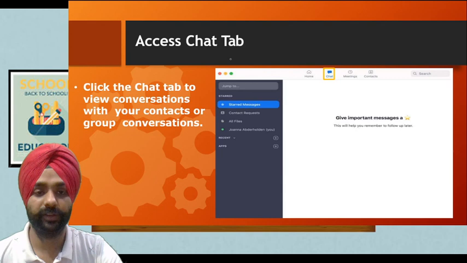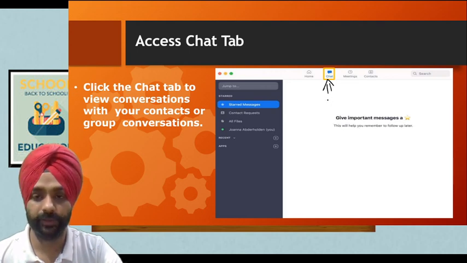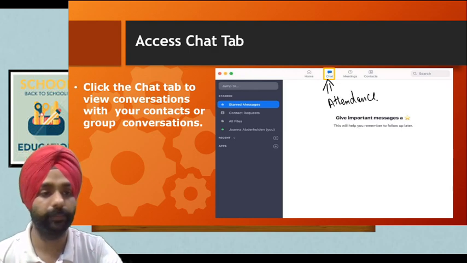Now how to access the chat tab? The chat tab is quite important because in the chat tab you can easily give your attendance. It is mainly used to get the attendance. Click the chat tab to view the conversation with your contacts or group conversations.